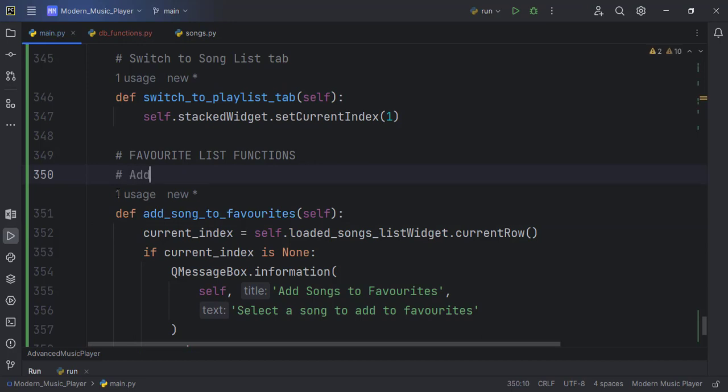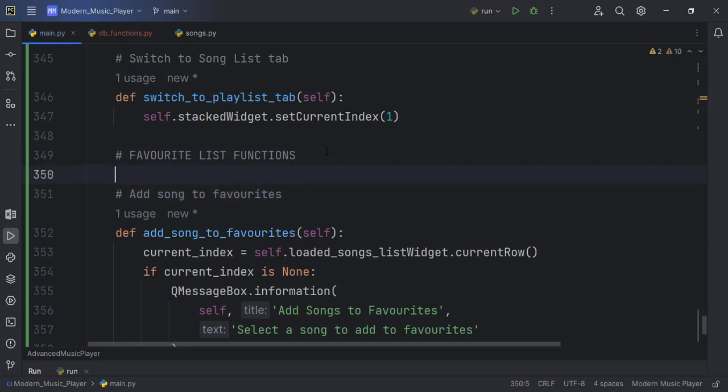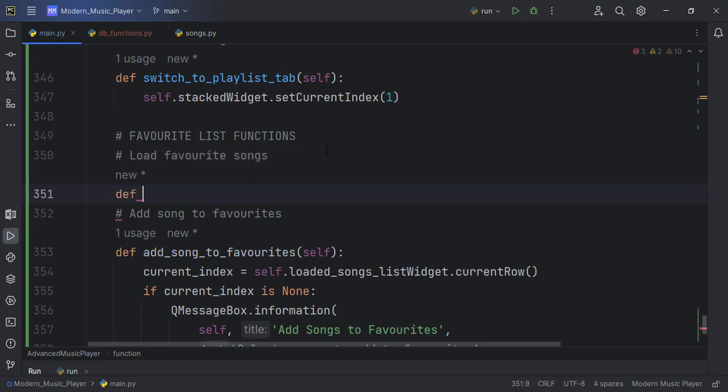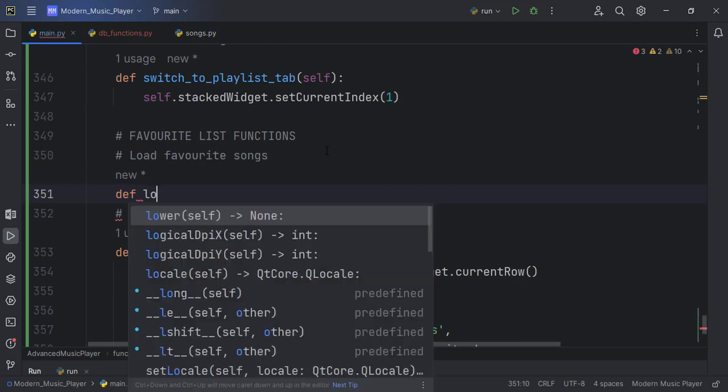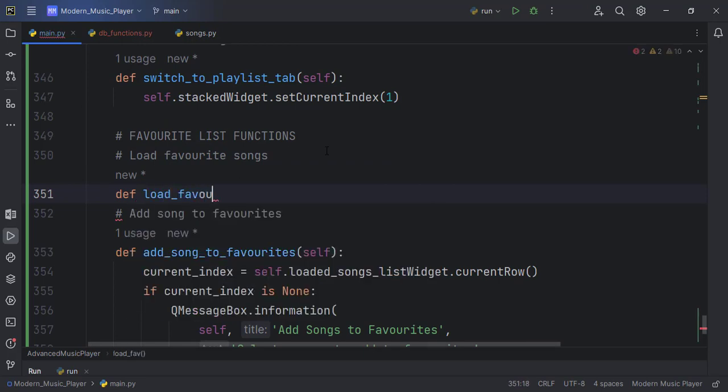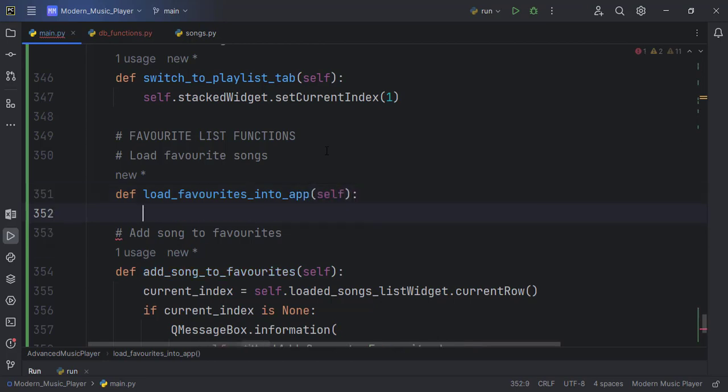So this will be add song to favorites. I promise that I'll do my best to comment it. So this place will be load favorites songs. Okay, so let's just define what should be the name. Load favorite into app. Okay, and this is what we want to do. So here will be favorite_songs should be equal to